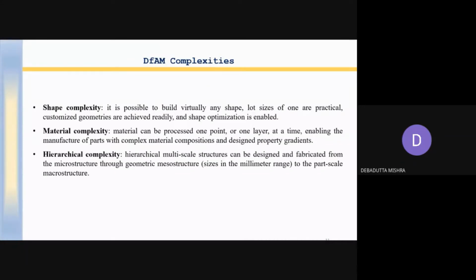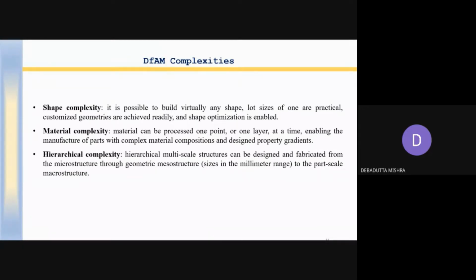This is shape complexity: what will be the lot sizes, the geometry, and the orientation, in which orientation there will be a requirement of superstructure, and in which orientation there will be no requirement of superstructure, or only minimal. It depends upon the shape complexity.